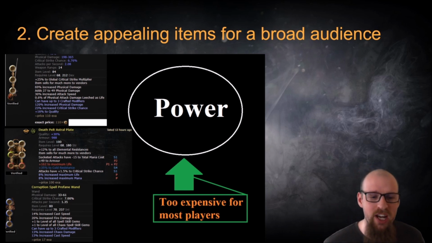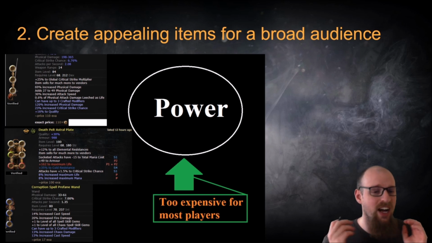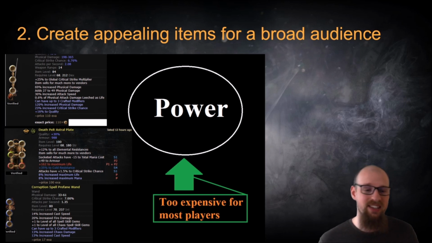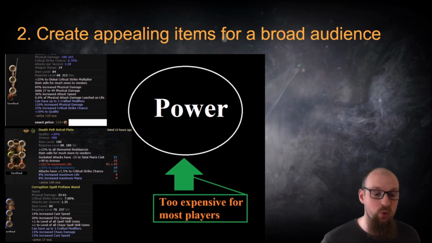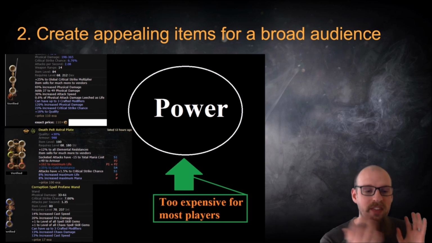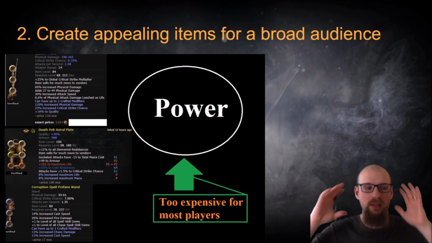This particular chess piece is simply amazing. The number of tier 1 rolls on it, it's got attacks have critical strike chance on it. It's got socketed attacks have minus to total mana cost. And then on top of that, it's got a resistance and life. This particular wand has got +1 level to all spell skill gems and then +1 level to all chaos spell skill gems. The power level on these particular items are simply incredible.